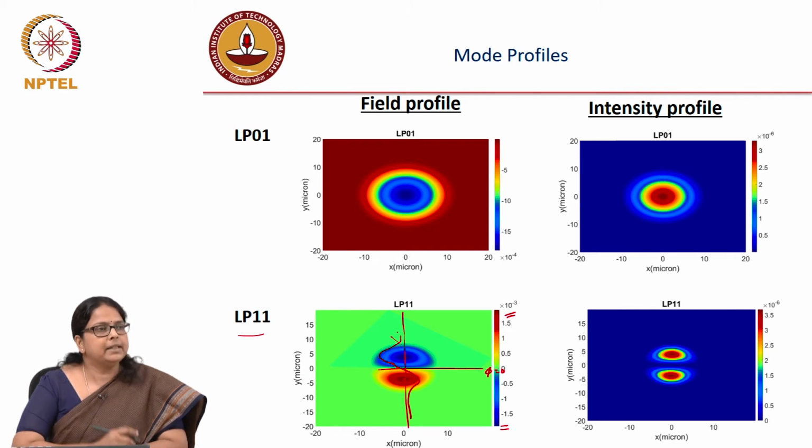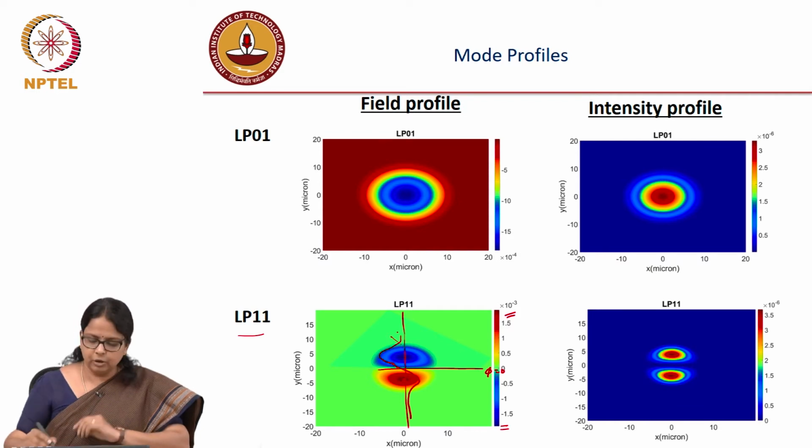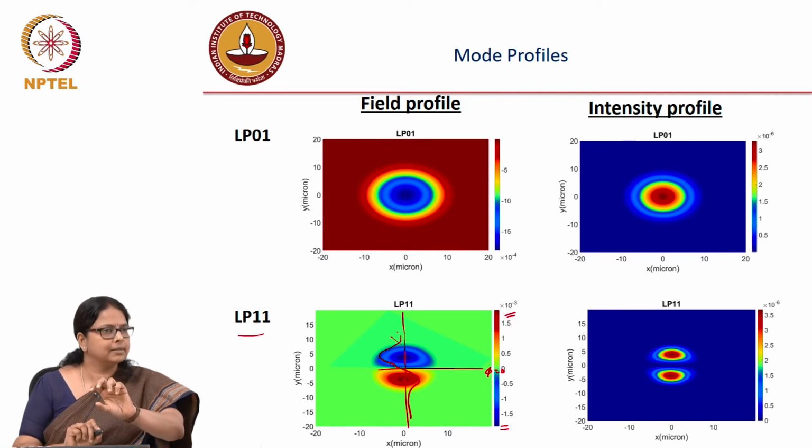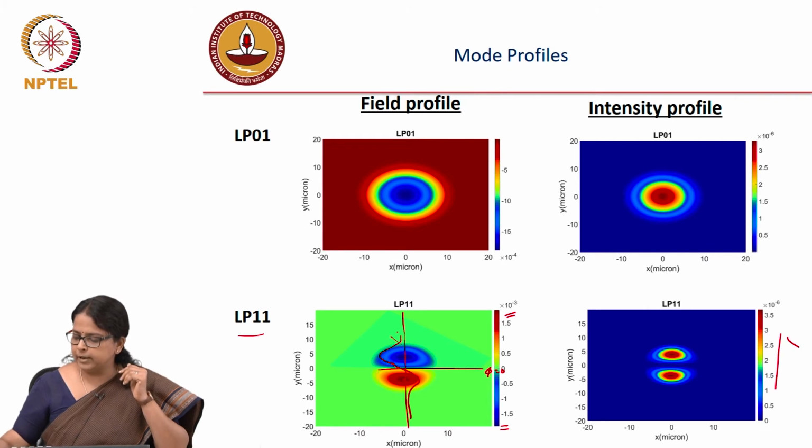It just simply means that the phase shifted, right? It's a phase shifted version. The two lobes have different phases. One is negative field, the other one is positive field. But if you do mod square, that phase disappears, which is why you have the two lobes intensity distribution. If I plot it, it is going to look like this,